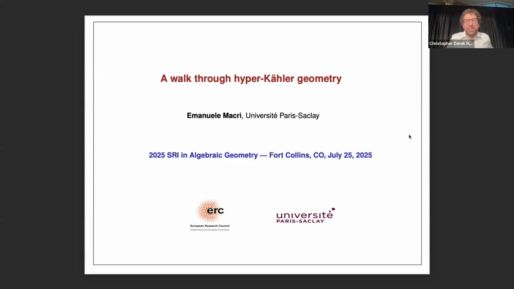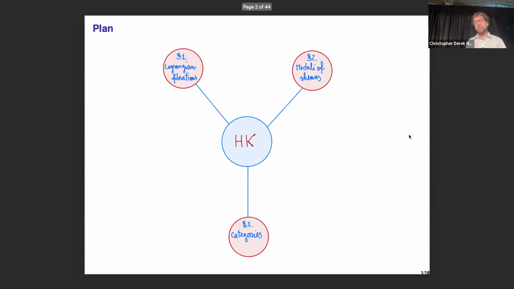All right, so let's start. I was deciding what to talk about, and there has been a lot of progress in the past 10 years on hyper-Kähler geometry. Here I'm talking about hyper-Kähler manifolds in the compact sense. There is a beautiful theory about hyper-Kähler varieties in the quasi-projective case, but during this talk I will only talk about projective. That's the first thing. There are many things going on, so I chose a few of them in this talk, and I'll try to present them as a walk through various subjects. So here is my plan.